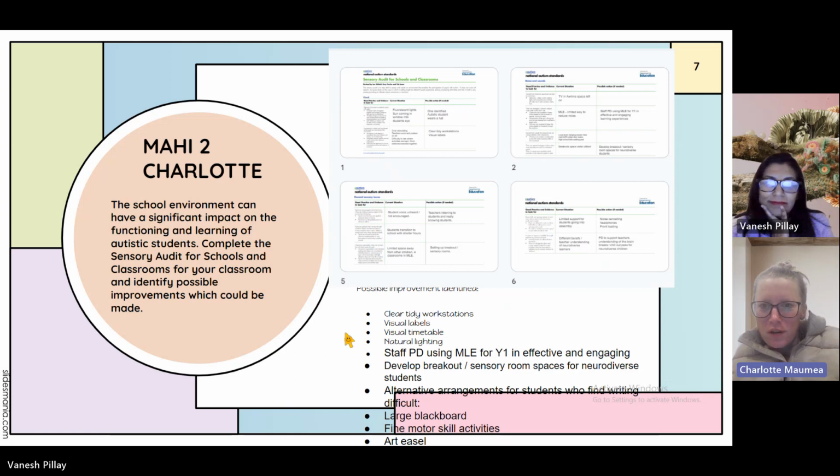I just took a screenshot of the first part of the sensory audit that I've done, and I'll add that to my portfolio. So possible improvements that I identified could be clear, tidy workstations, because it was difficult for the students to see where to put their activities away or where they had come from. So including visual labels, also having a visual timetable, natural lighting, staff professional development for using a modern learning environment effectively,